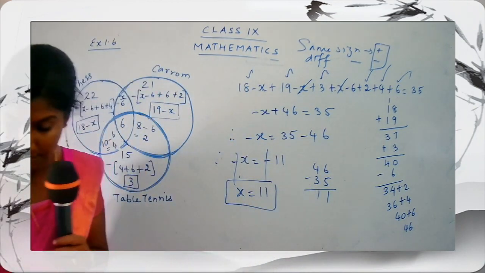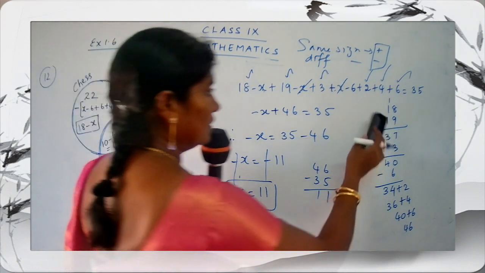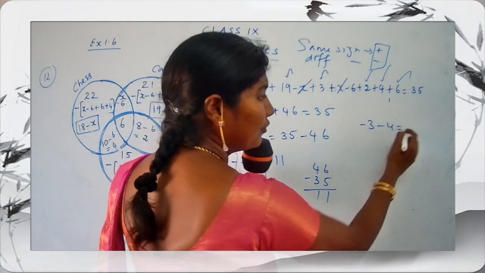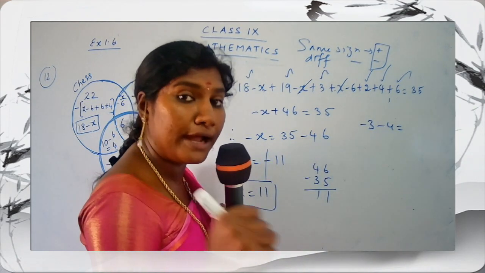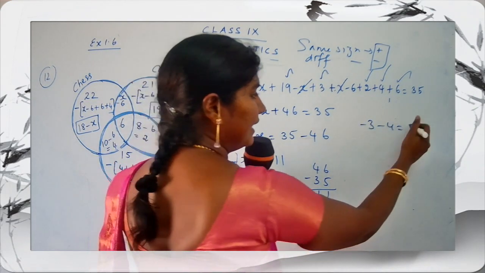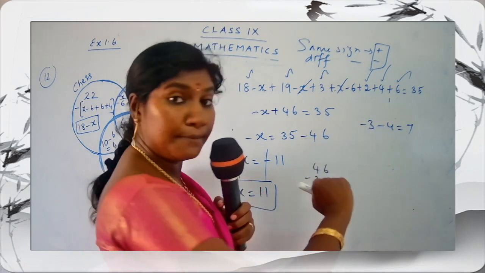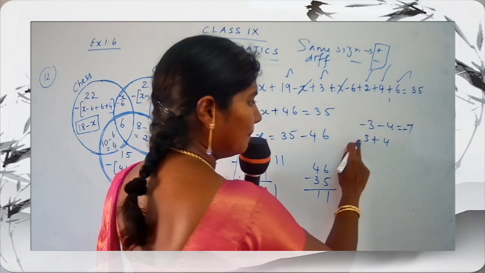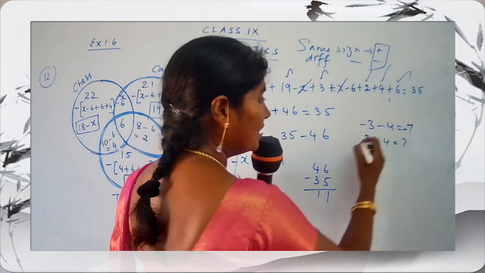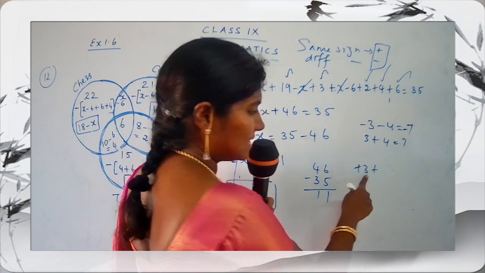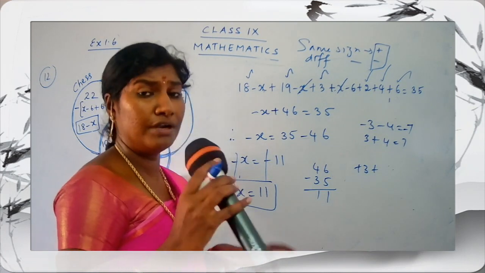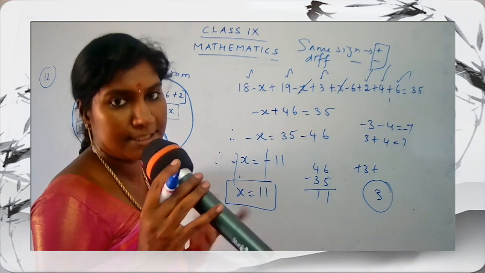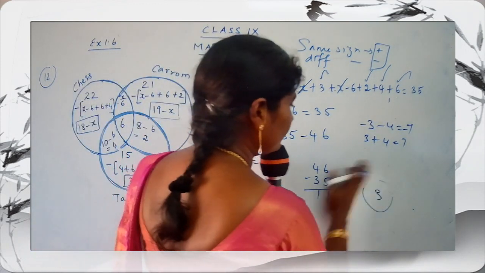Let us see. I'll just give a small explanation over here. If you have minus 3, minus 4, what do you have to do? You have to add. Why are you going to add? Because you are having the same sign, 7. Which is the bigger number? 4. You have to write here minus 7. 3 plus 4, so 7. See, actually we don't always write plus 3. If you don't have a sign in front of a number, like if you have 3, this number is taken as plus 3, okay, positive number.